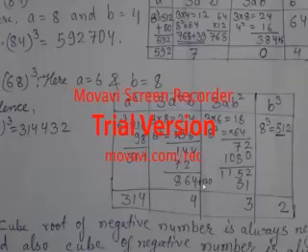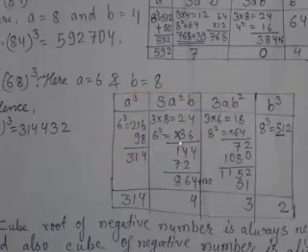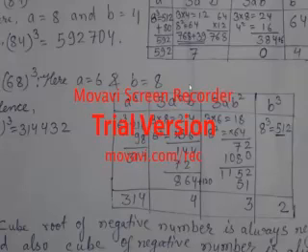Plus I had written over here, due to this middle line it might not be visible, but by watching my video I think you all can understand this. So now 3a square b. So what happens? 3a square. A is how much? 6. So 6 square is 36, and 3b, that means 3 into 8, that is 24.